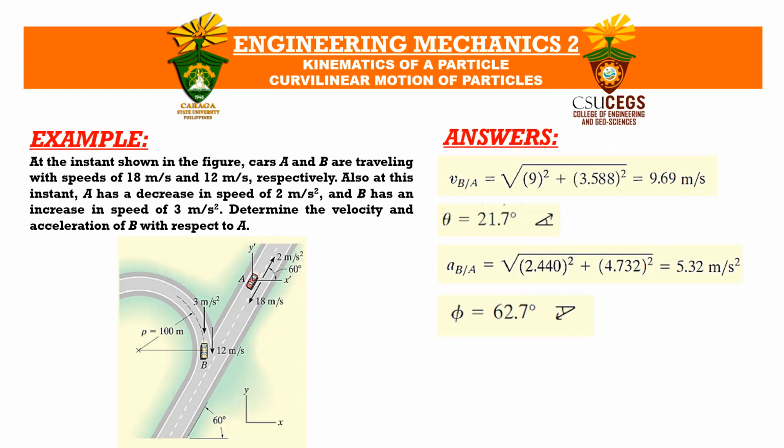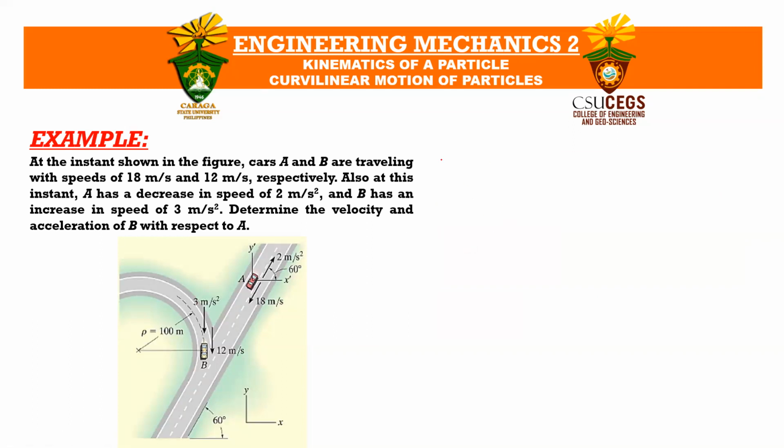So what we need to determine here are the velocity and acceleration of B with respect to A, or B relative to A. So as shown here on the answers at the right side, what we need to determine later on are both the magnitude and direction of the velocity and acceleration of B with respect to A. So just a solution for this second example problem,